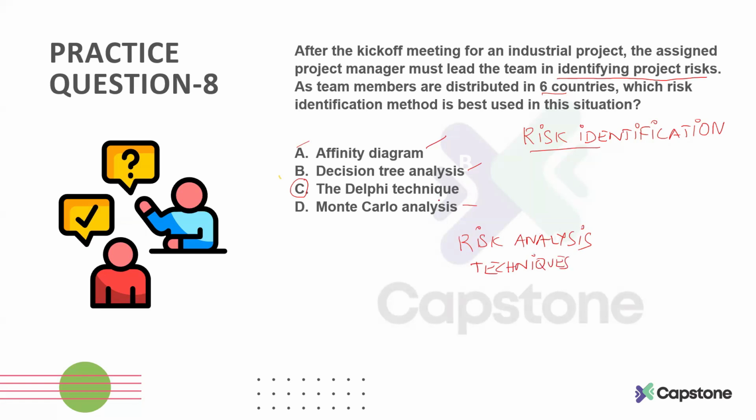Okay. Monte Carlo analysis, we use it in quantitative risk analysis. Decision tree is also utilized in quantitative risk analysis. And affinity diagram is utilized in qualitative risk analysis. Okay. Delphi technique is a technique which is used in identification of risk, and this is a technique which is kind of anonymous,